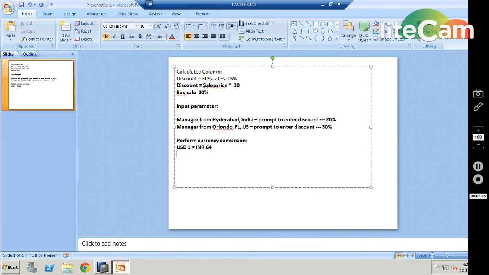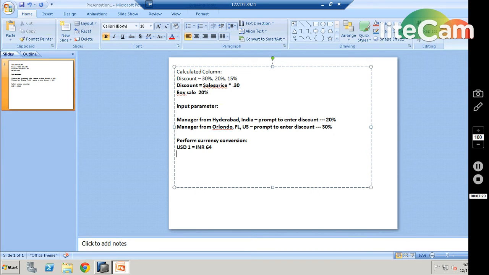So you want to calculate these currency conversions based on the current conversion ratios. You can use these input parameters and supply the values from different sources. So this is where you can use your input parameters.